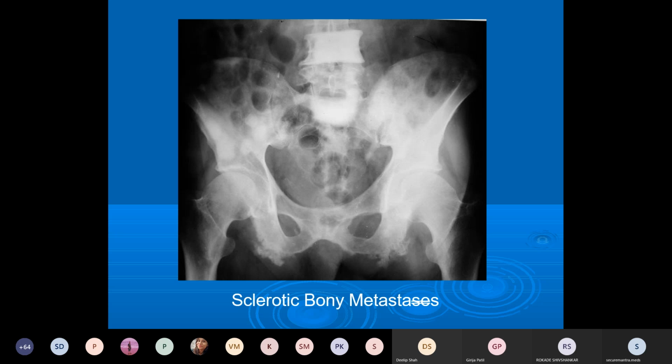Okay. Now this is also a case of sacroiliitis, sclerotic bony metastasis, because there are multiple sclerotic areas. You can see these multiple sclerotic areas in both the iliac bones as well as in the ischium and pubic process, and here the visualized portion of the sacrum and this L5 vertebral body. So these are probably sclerotic bony metastasis or osteoblastic mets, which are from breast cases.